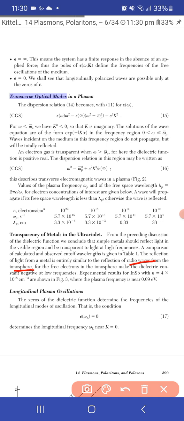For free electrons in the ionosphere, the dielectric constant becomes negative at low frequencies. Experimental results for sodium with n equal to 4 into 10 to the power 8 per cubic centimeter: the plasma frequency is near 0.09 eV. Okay,